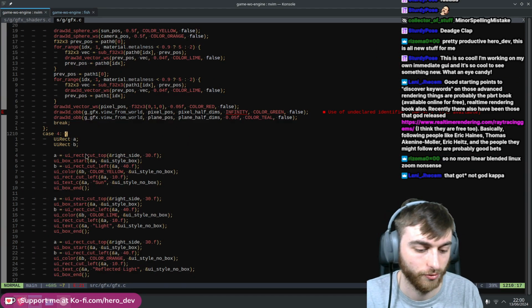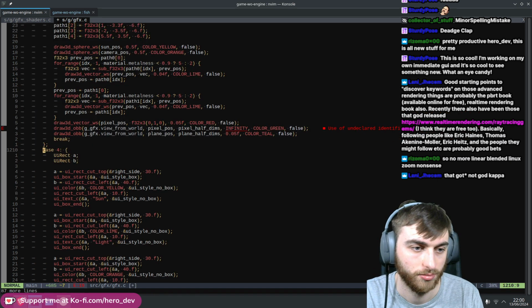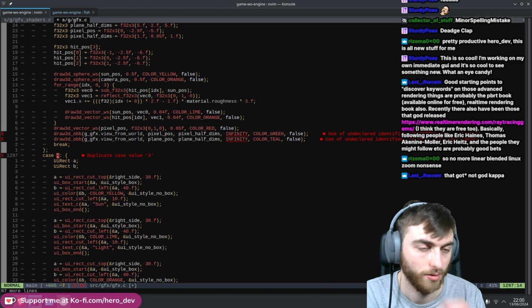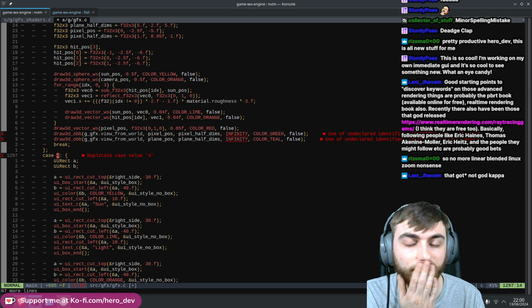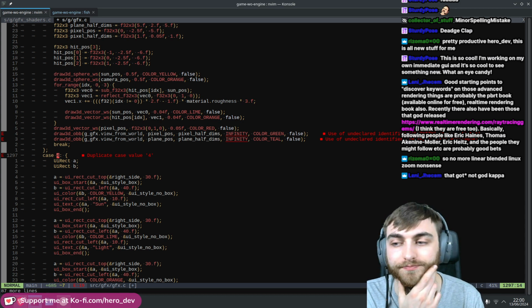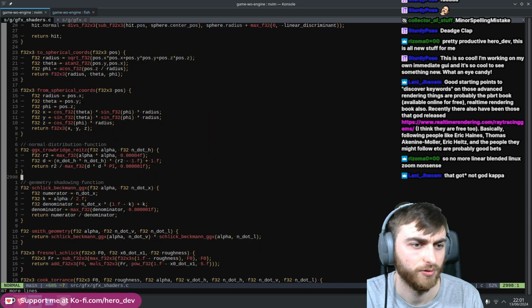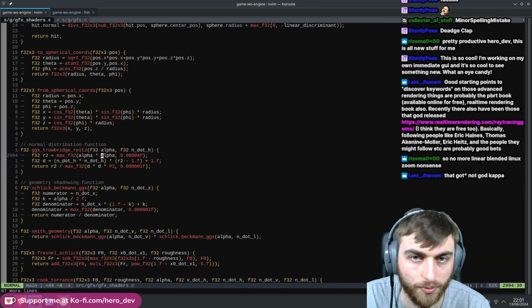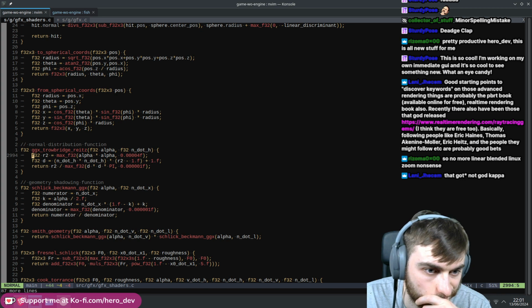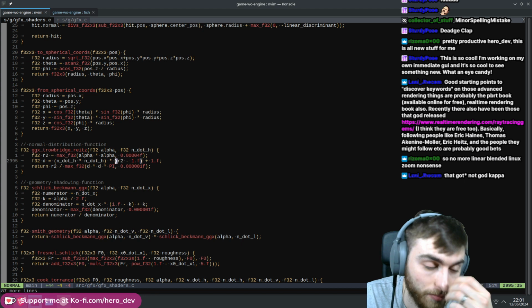So normal distribution. It's basically just saying how much of the light reflects directly. So I guess we could do a bit of a combined version where, so I think it's a ratio, right? So you got alpha between 0 and 1. Dot is between 0 and 1. Then multiplied by